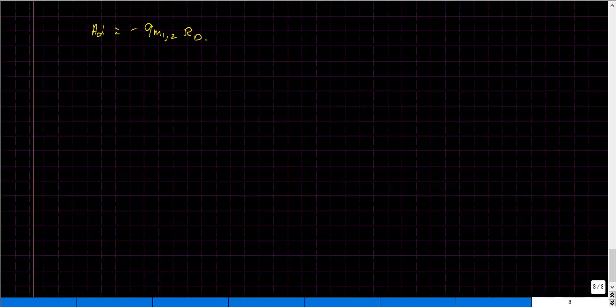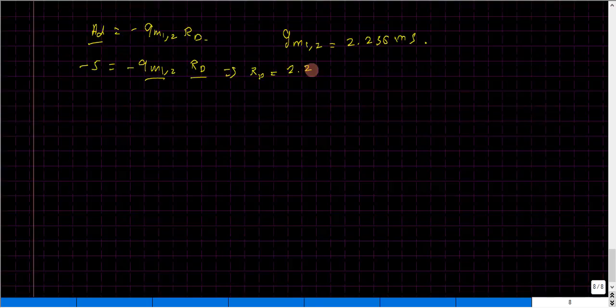Now what was given here is that the value of differential gain was set to be 5, which is nothing but minus 5 here, and GM1,2 is unknown, and what we have to find is the value of RD. You can use any of the forms that we have discussed in the class to compute the value of GM, and what I got was 2.236 millisiemens. From here we can get the value of the drain resistance, and the value that I got after doing the computation was around